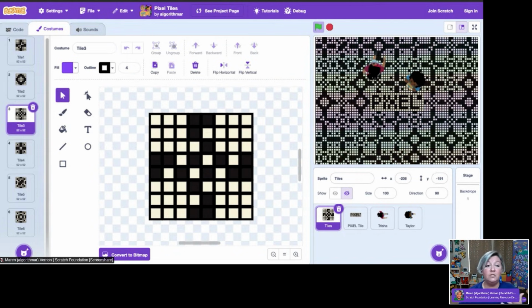And again, this is a really nice opportunity to maybe pair up those students who love art. So they might want to create the tiles with a student who's really interested in the coding piece. And so they're coding and figuring out how to get them to lay out on the screen.